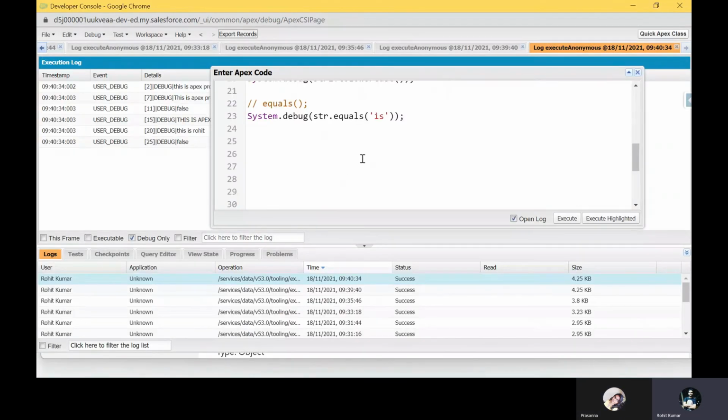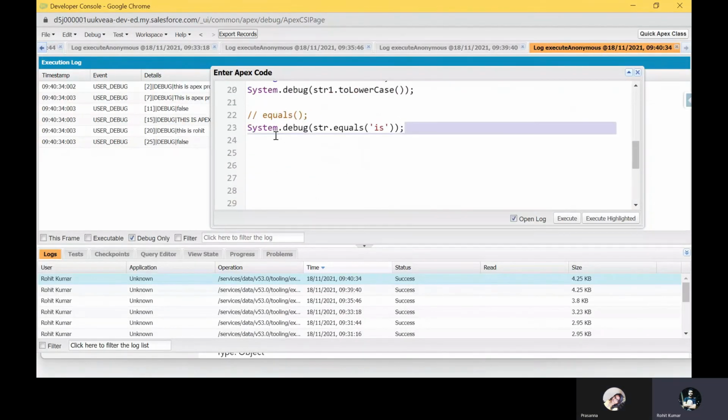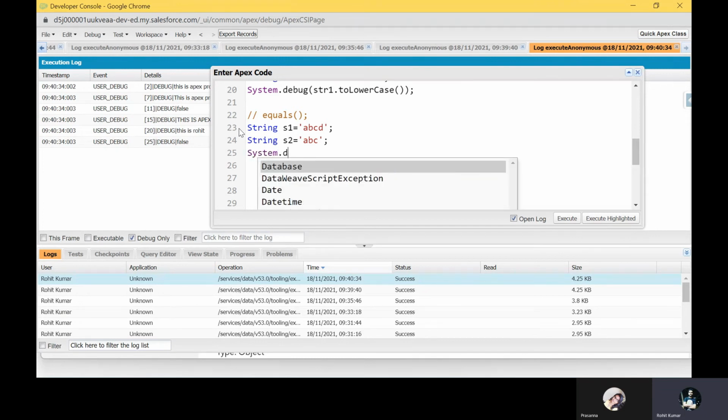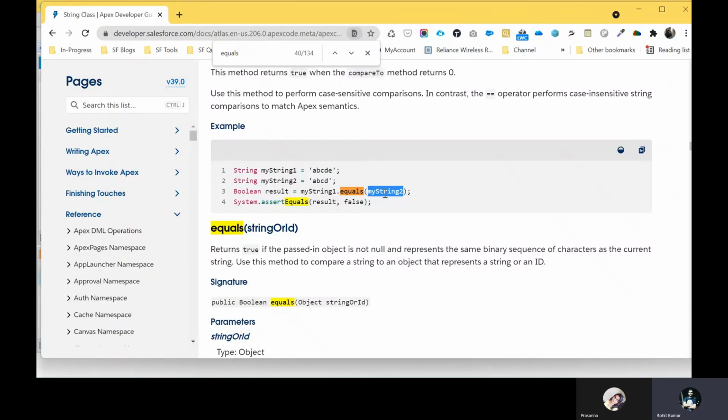Okay, so let me create another one for your better understanding, like string s1 equal to abcd, something like that. For that example, string s2 equal to abc, right? And in system.debug, check this s1.equals method, and you have to check this string, the second string.